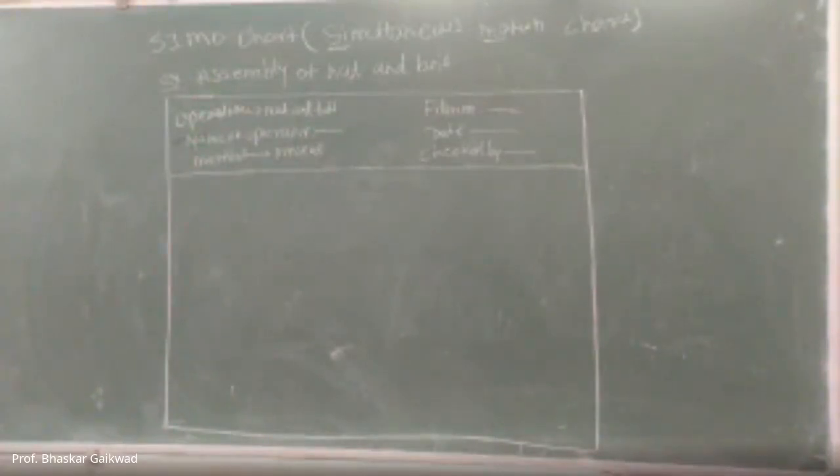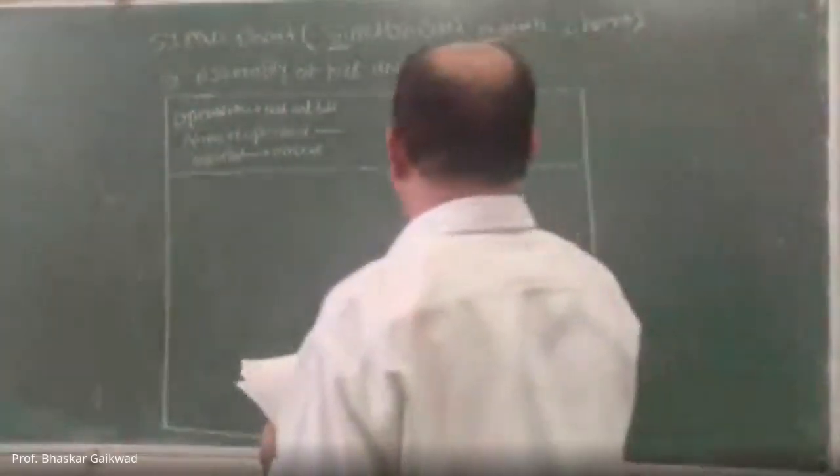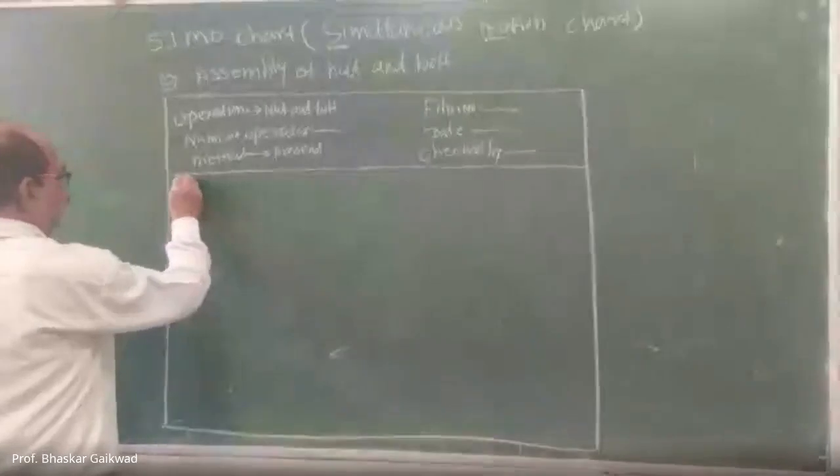So these initial parts are always there in every chart, maybe an operation chart, two process charts, flow process charts, multiple activity charts. In every chart, initial information should be there: the operation, name of the operator, methods, the recording parts, checked by and date, everything. After this, the left hand operation and the right hand operation. So here we will make the left hand.